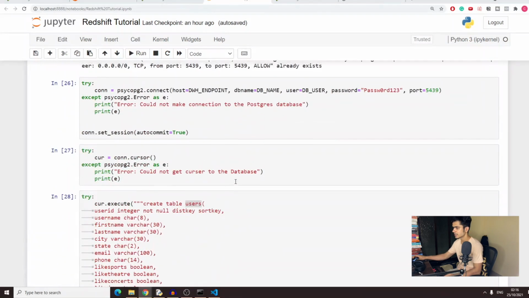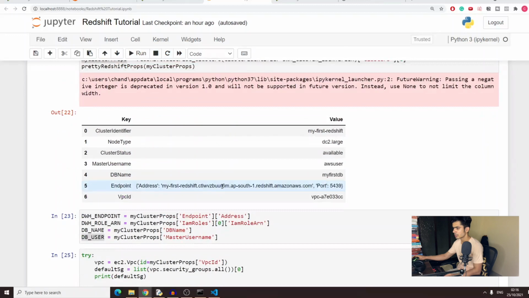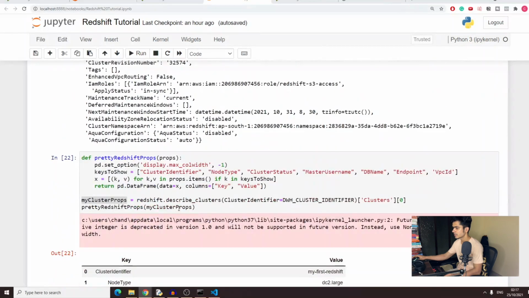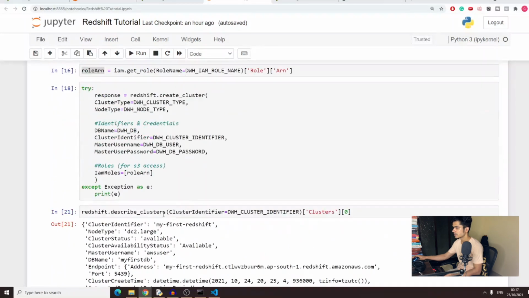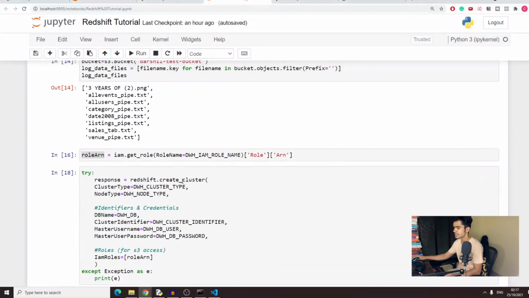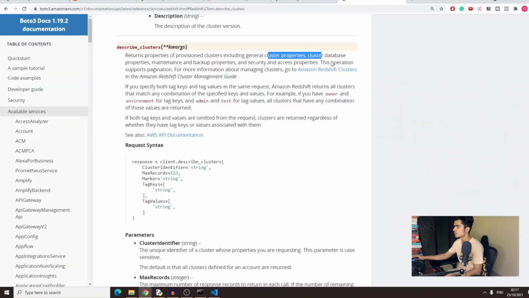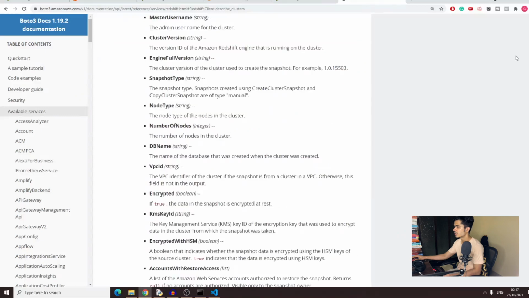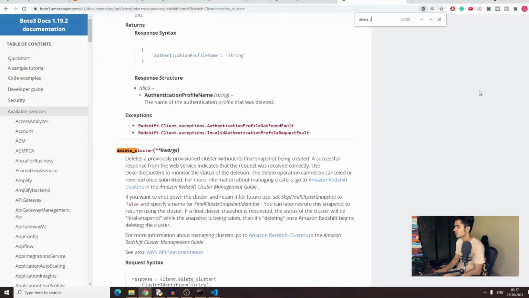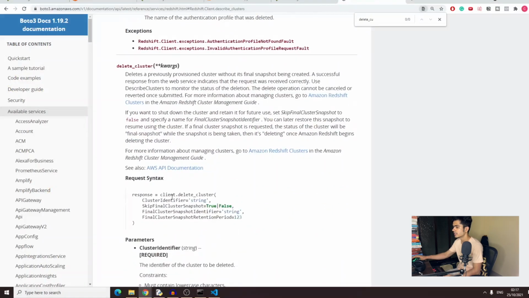Just like the create cluster on the top, we have the delete cluster. You can go to this particular documentation if you want to see delete_cluster. So this is the delete cluster. It takes a cluster identifier, which is basically the cluster name. Then skip final cluster snapshot, so whether you want to create a snapshot or not.